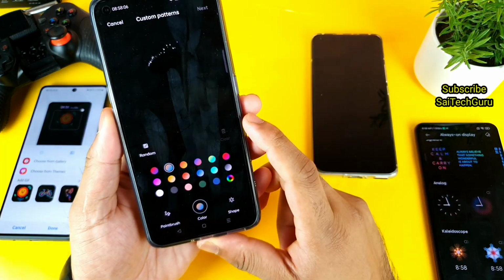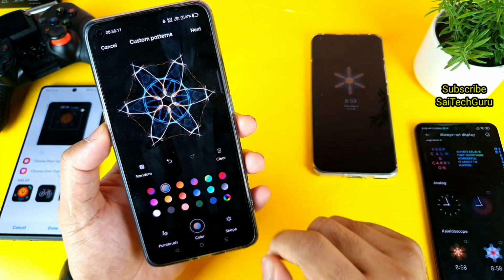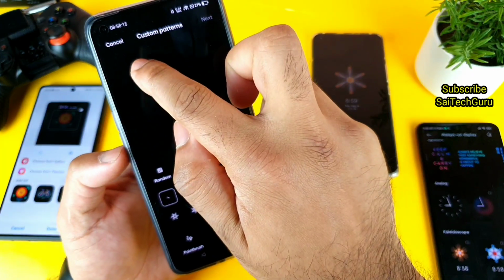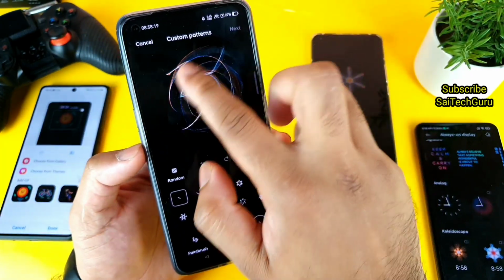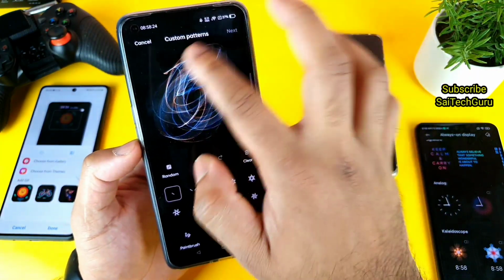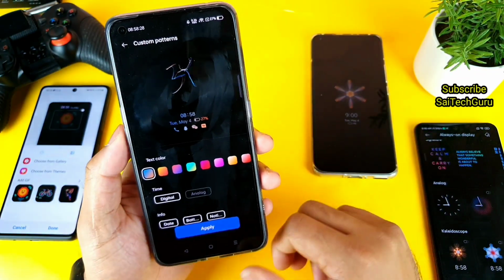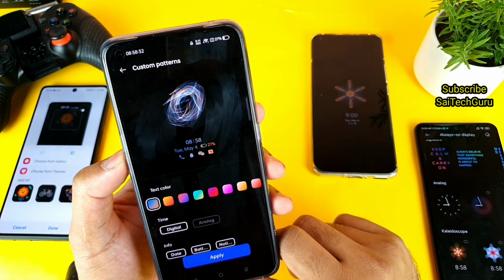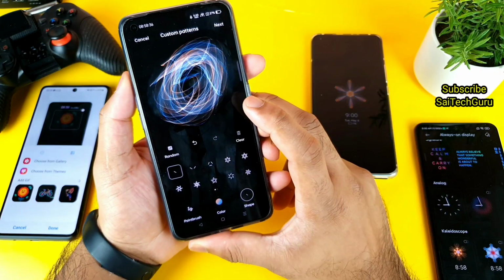If you go to the custom pattern, you can draw your own custom pattern, and you can shape it. You can change the shape onto the straight line, and you can draw into the straight line as well, as you can see friends. This is how it is. You can draw your own custom patterns, everything like this, and you can just click next. So let me try to click next, and it will draw all the things whatever I drew, as you can see, the custom pattern, everything. So this is how the custom pattern works. It's a really good advanced feature, I would say.